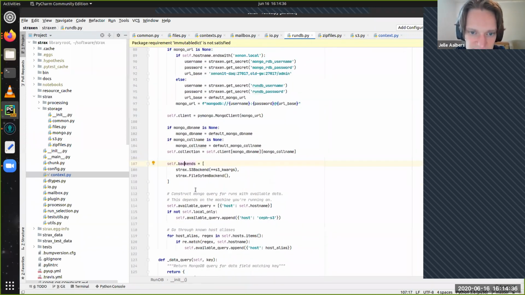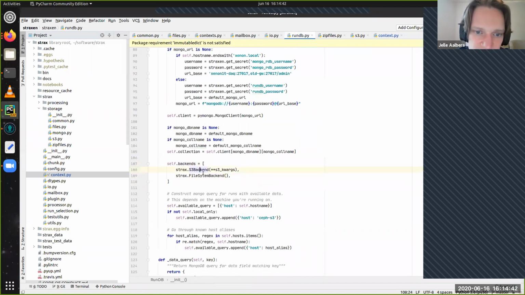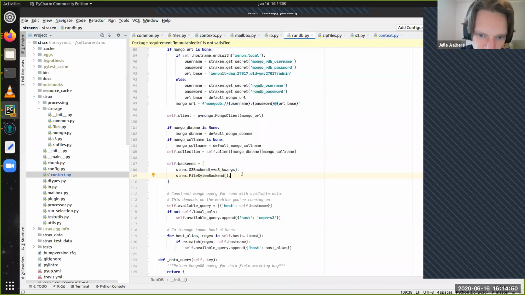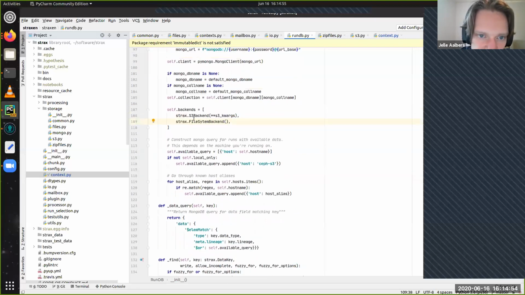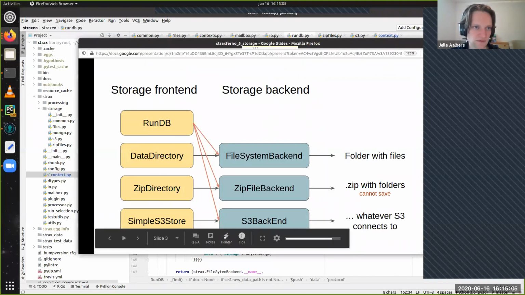Here we have a backends list. So here I could add my root file backend. You can see that actually the S3 backend is currently still active. So if somebody puts data in the RunDB where it says, hey, this came from S3, then we should just be able to load it. The way, by the way, the RunDB decides between backends, this is optional only for those interested, is that there is a field called protocol. For every piece of data, let's just go to the DAQ website.